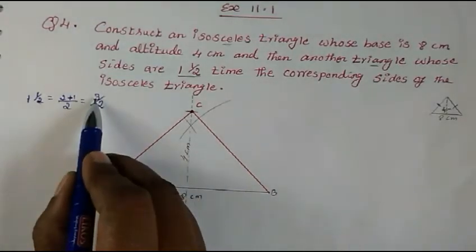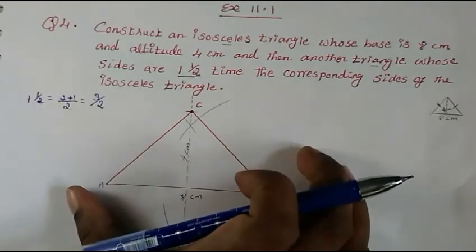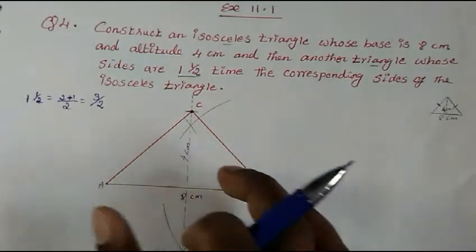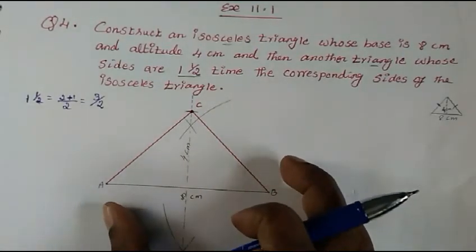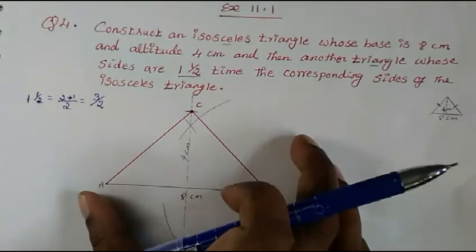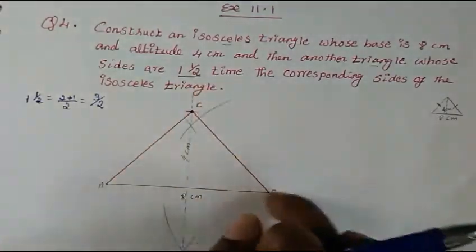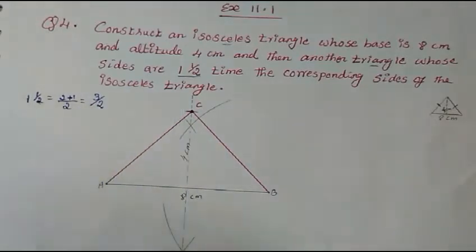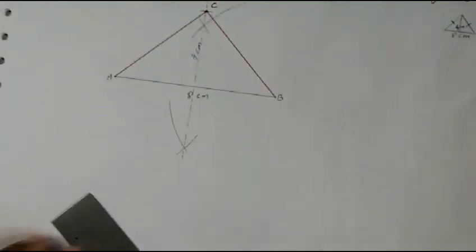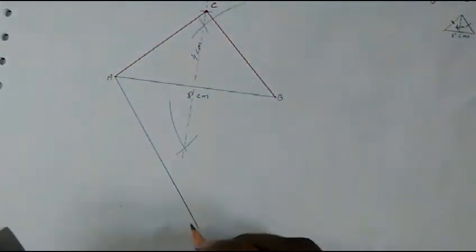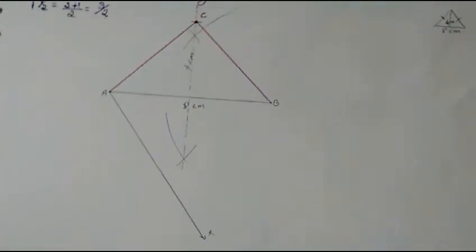Now the numerator is big, means the corresponding triangle that we are going to construct will be a bigger one. I have explained to you in the introduction part 2 in detail: when the numerator is big, the triangle we are going to construct will be bigger, more than this. So now when it is given like this, what we will do? First we have to draw an acute angle. So let's draw the acute angle.